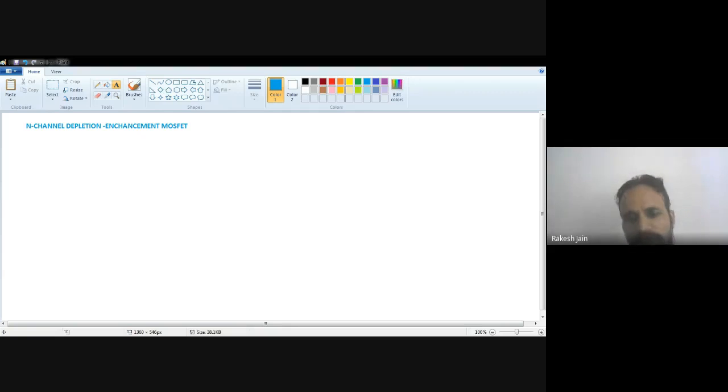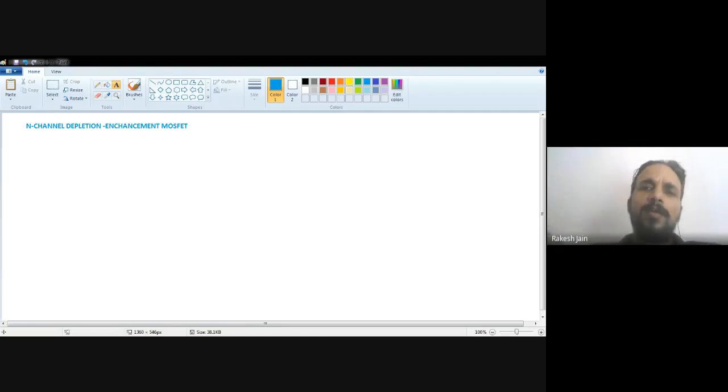To construct that MOSFET, first of all, I have to take a p-type substrate. Substrate means a base material on which all those components are built. For example, if I want to construct a house, then first of all I have to go for a base, that is known as neev in Hindi. So first of all we go for the neev. Similar to that, to construct any semiconductor device like a MOSFET, first of all we should take a substrate, a base. So here, if you want to construct an n-channel depletion enhancement MOSFET, you should go for a p kind of substrate.